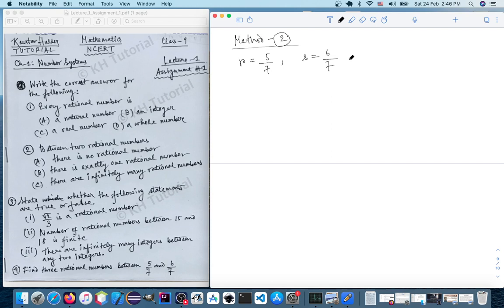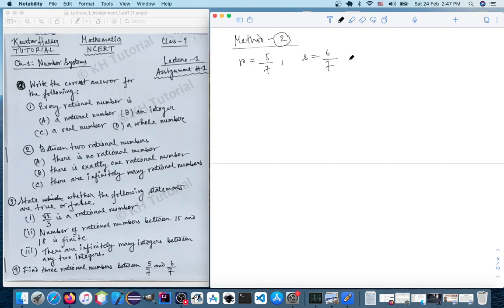If you recall from lecture 1, for method 2, we first need to transform the given two rational numbers into equivalent rational numbers where both R and S have the same denominator. Since that step is not required, as the given two rational numbers already have the same denominator 7,